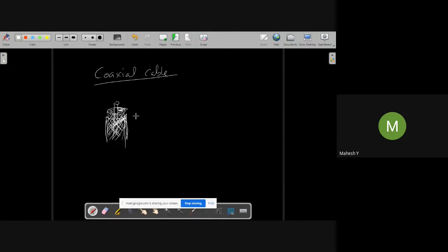Right. Now we have to derive the electric field intensity due to the inner wire. This is the inner cable, and you have the outer cable also. Now, can we consider this as an infinite line charge distribution? Normally, we can, because this is a very thin wire, but the line charge distribution has rho L as the charge density, right?